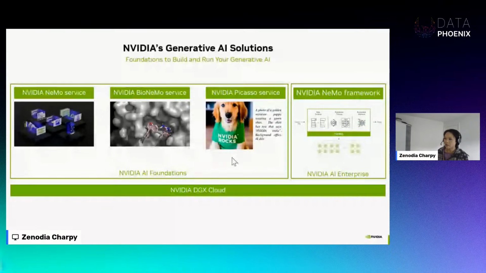We also have NVIDIA Picasso service, where we train diffusion models from scratch in order to ensure the data we train on is enterprise licensing compliant. So you will not have a problem if your legal department says these data sources are problematic and they will not approve. We can basically train a diffusion model from scratch specifically for that.